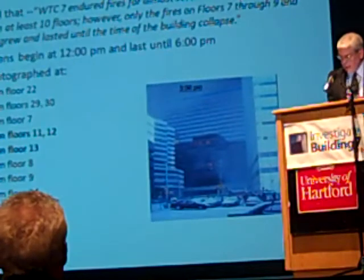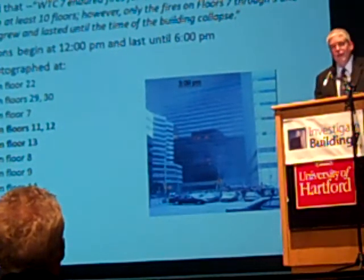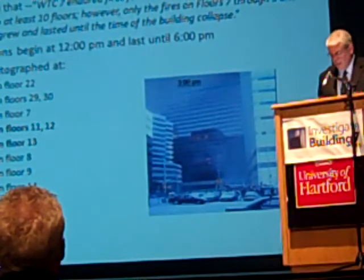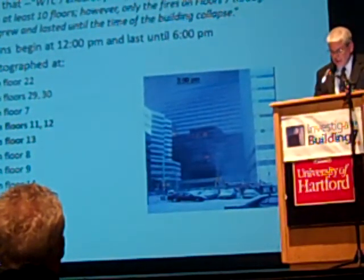Despite the fact that we have already seen that NIST theory is unrealistic, we should look further to get a better picture of how NIST was able to convince people that it was realistic. One thing NIST said was that there were 7-hour fires in Building 7, which gave the impression that the fires were very long and very hot. It seems odd,